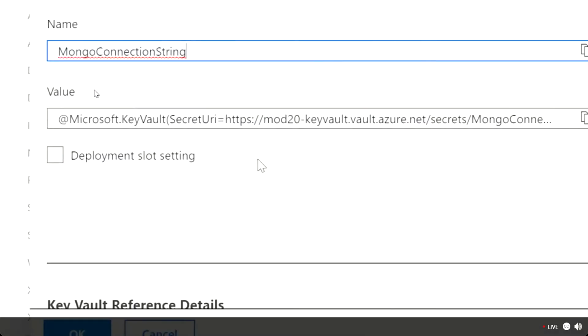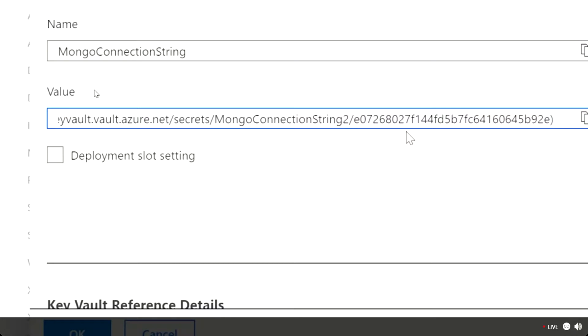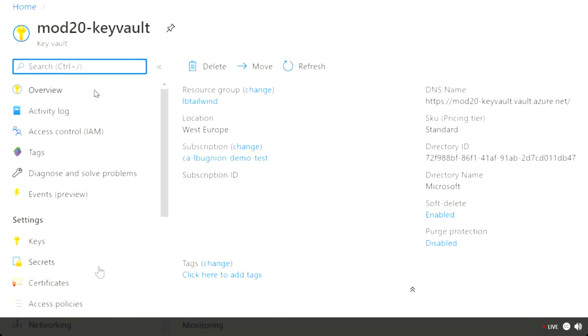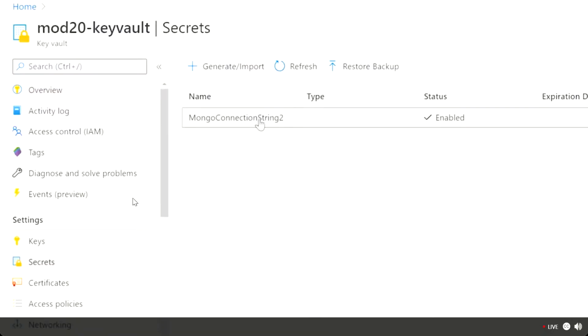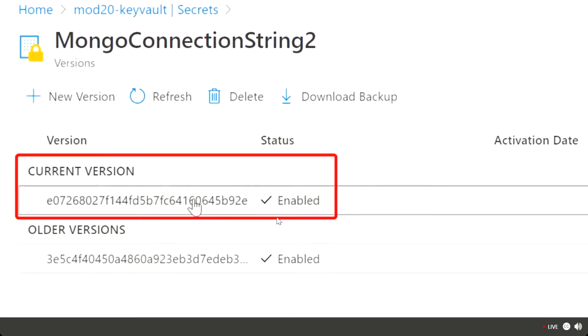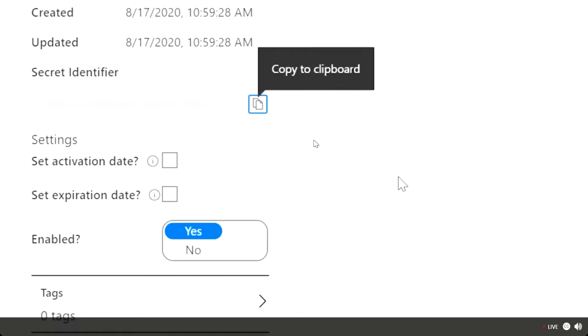All right, we see that the Mongo connection string is saved in Key Vault. And it's interesting, this identifier seems new to me. So the good thing is that in Azure, we log everything. And so you can totally see who changed the identifier. All right. Indeed, we see there is a current version. There is a new version, if you wish, of the connection string. It was created not long ago. Let's go and